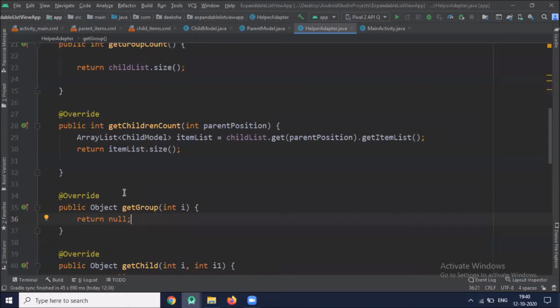Now next method get group, and this method we are using to get the data that is associated with the particular group.